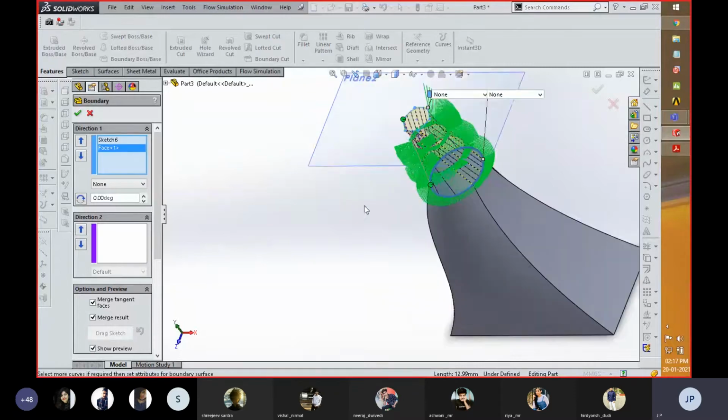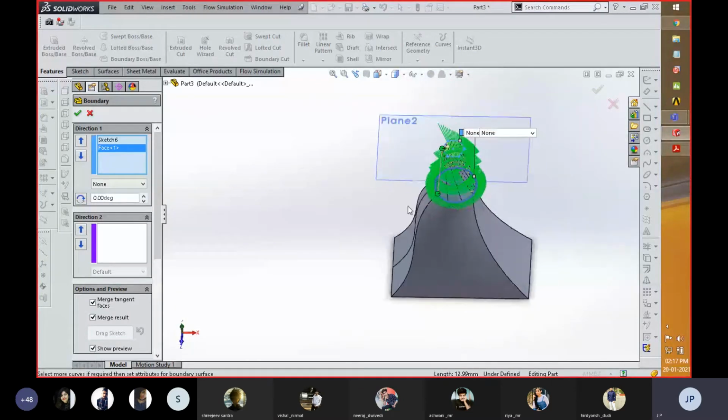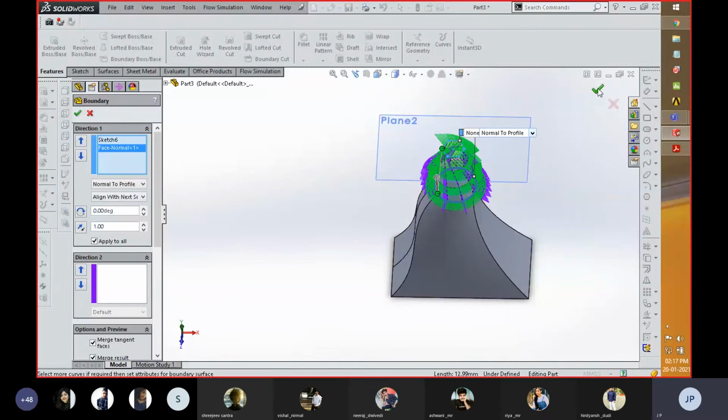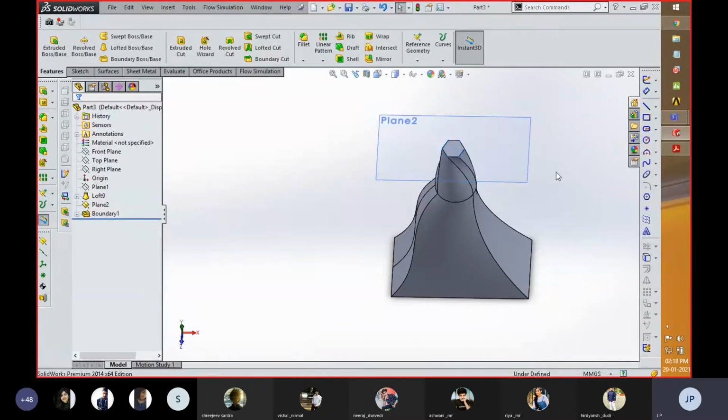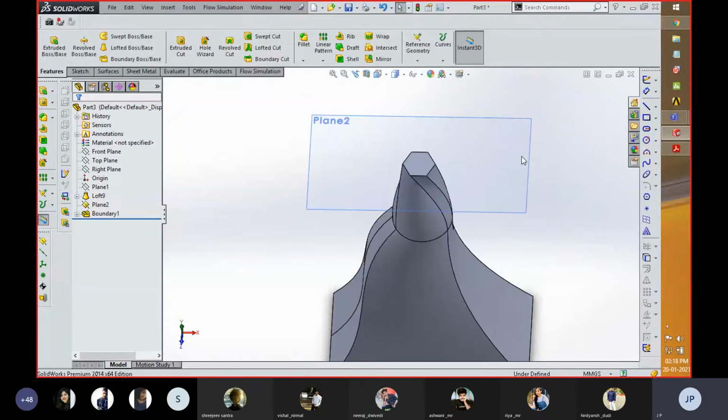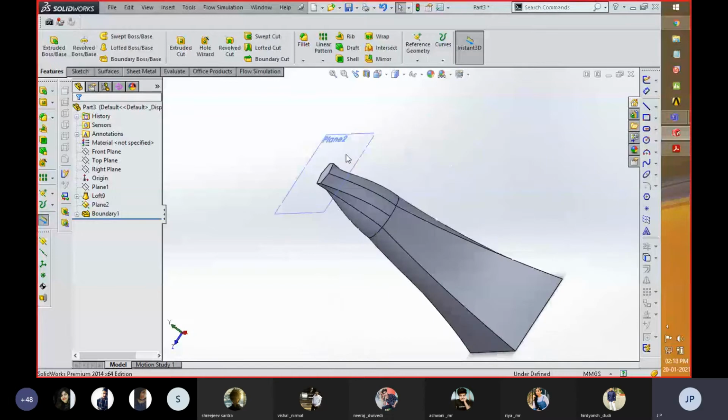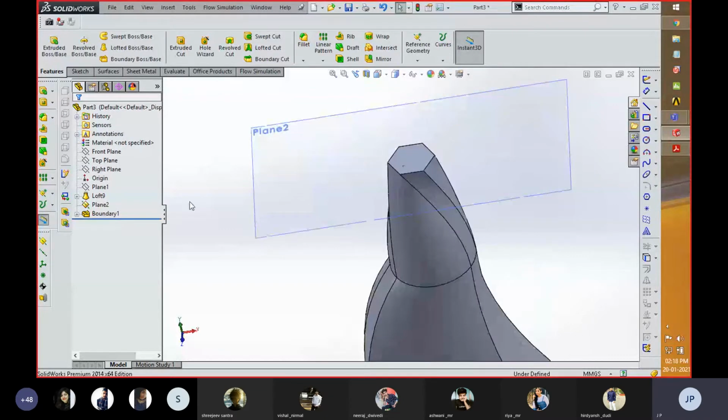So in such a manner you can see that these geometries are connected with respect to the normal to profile selected, and now exit the sketch. Over here you can see that the sketch which I created is joined with the face. So this tool can also be used for creating a drill bit with respect to the geometry of a component. You can see that the twist drill feature can be used with this boundary boss tool, in which you can create tangency of connected lines created over here.